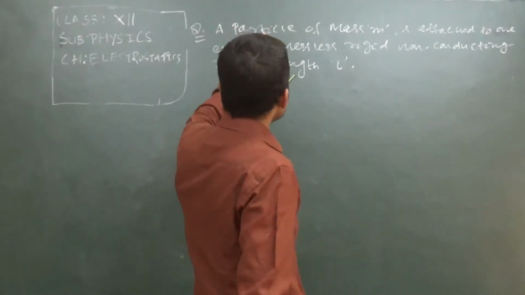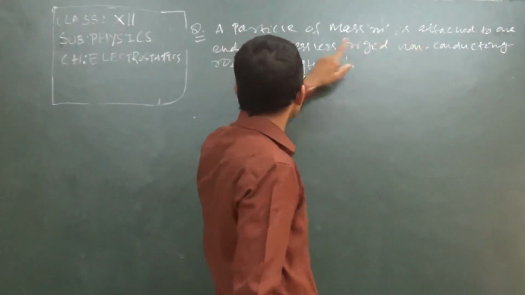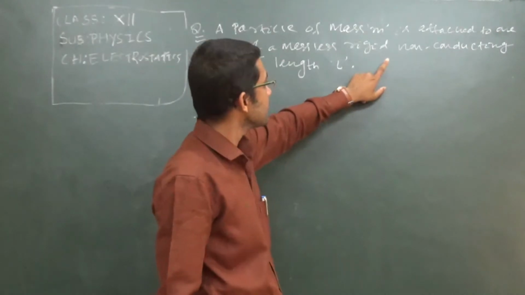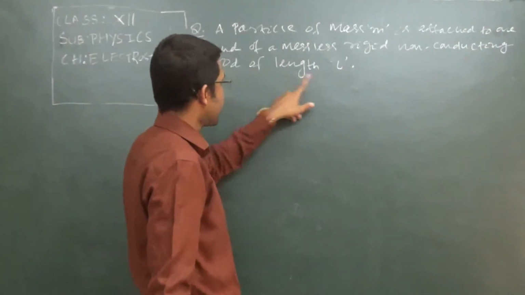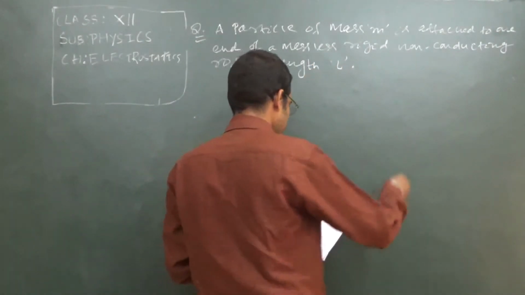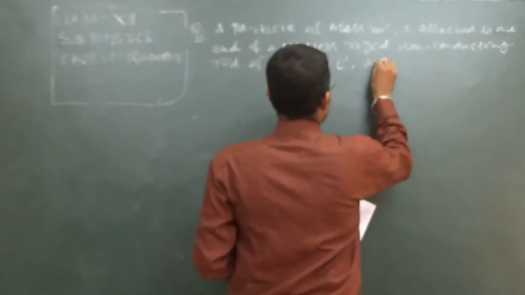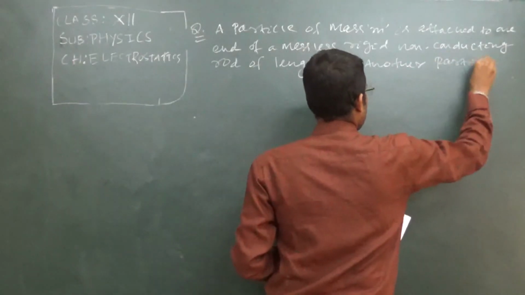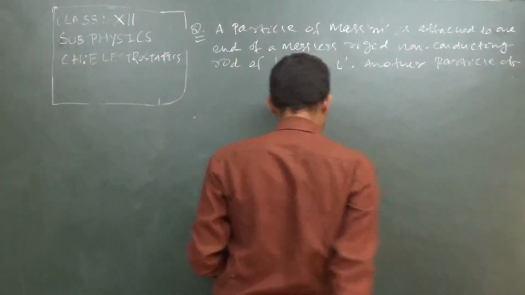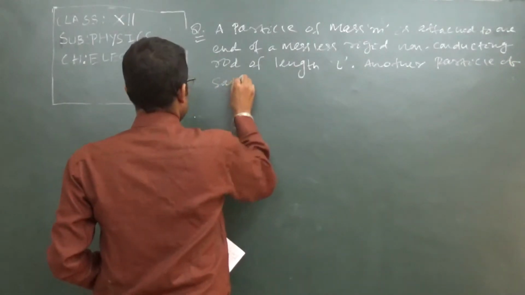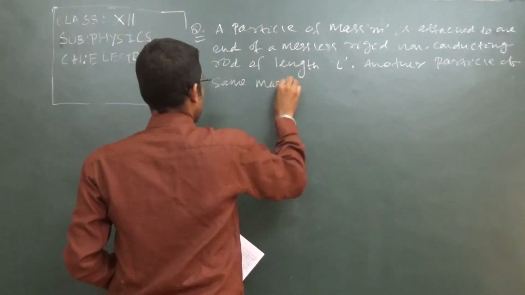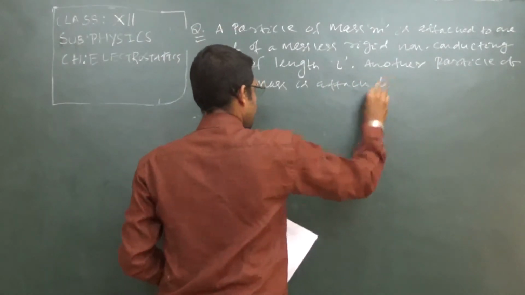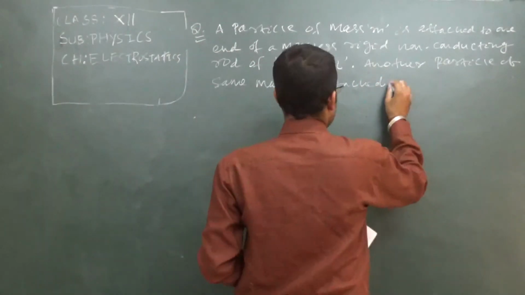Clear? That means a particle of mass m is attached to one end of a massless rigid non-conducting rod of length L. See here, non-conducting means there will be no loss of the charge. Clear? So the next part is another particle of the same mass is attached to the other end